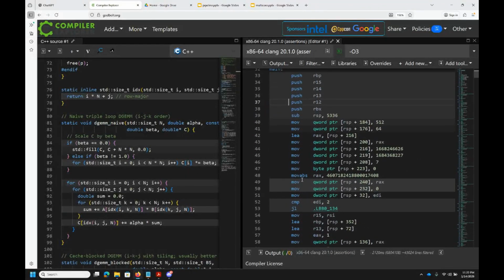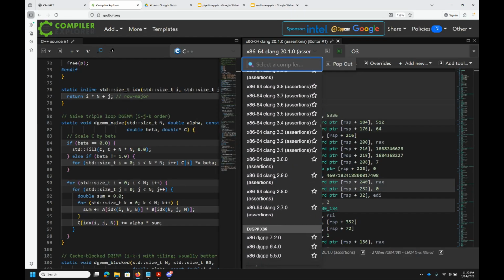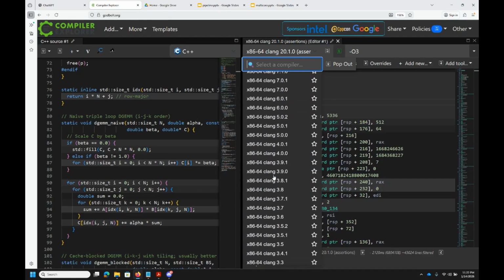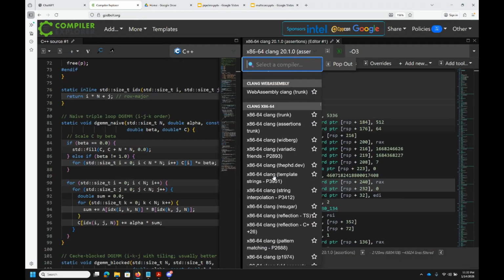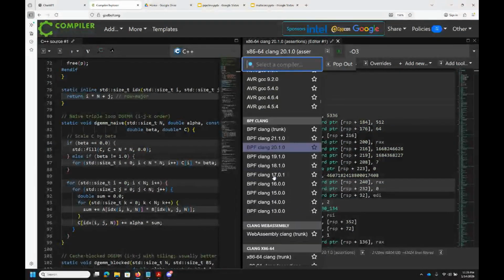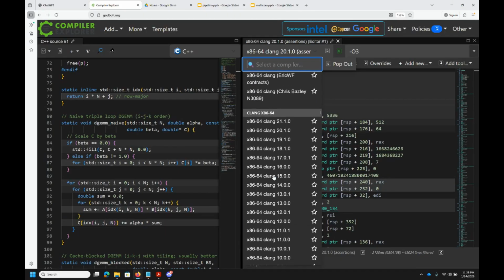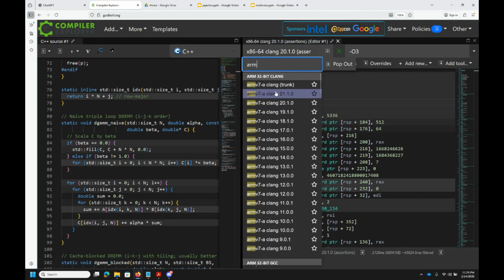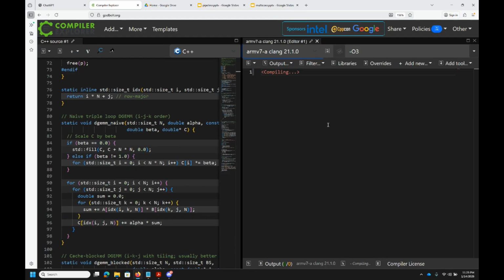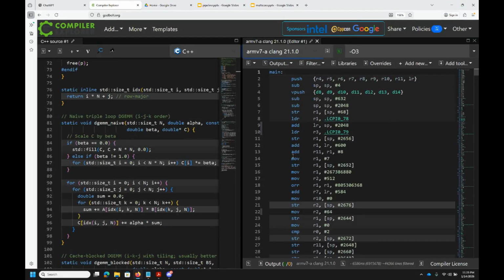So you can see that these instructions look like this. This is because I have x64 Clang. Basically, it's the compiler for what you call x86 processors, so Intel and AMD processors. Now I might choose to load up some other type of Clang. Let's say ARM based, right? So let me load up ARM v7 Clang. This is for the ARM compiler, which is what your Raspberry Pi and others have.